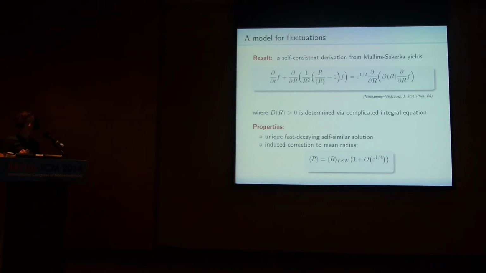But so from a first order equation, you now have a second order equation, even though it's a singular perturbation, but second order. So it's not surprising that this equation now has a self-similar solution that actually has infinite support. It's more like a diffusion equation in R. And it has a unique self-similar solution, so that's nice. And you can compute the correction to the average radius, and the correction scales like epsilon to the 1/4. And you can compute the constants here. So that looks actually quite promising.